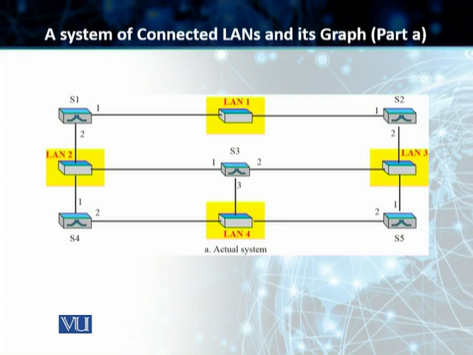In this case, you have got 5 different switches, and you have got 4 different LANs. Students, in this case, I am representing the local area networks also by using a particular node. You can also represent this local area network by a cloud or just by a link that connects the 2 switches. Students, in this particular case, as I told you, the first step is that we